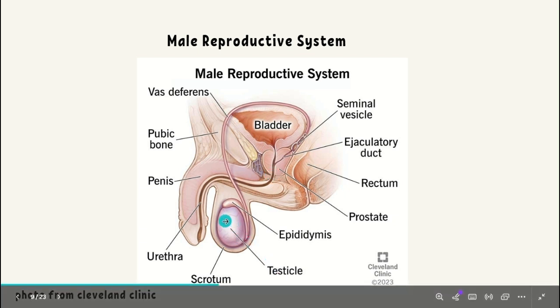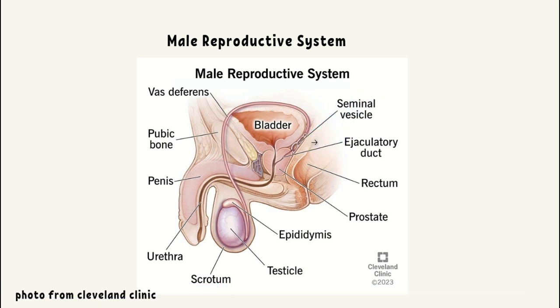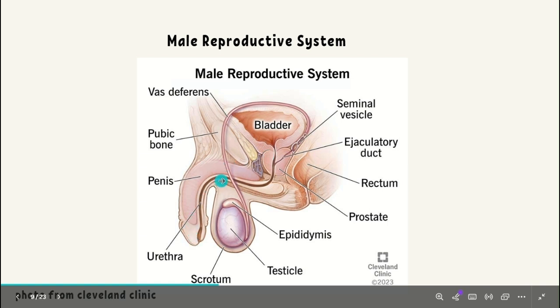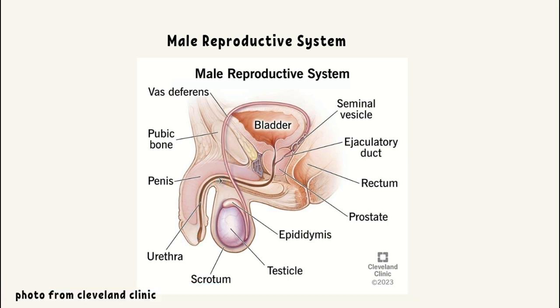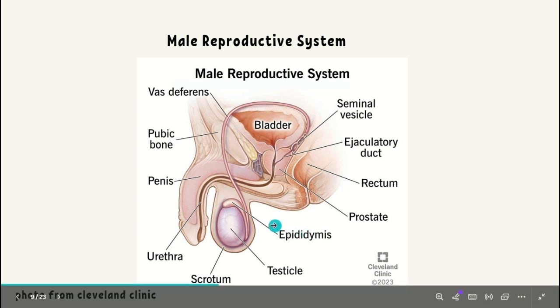Then you have the testes. So basically, they're located within the scrotum, as we can all see right here. This is the scrotum, and the testes are responsible for producing sperm and the male hormone testosterone. So the sperm is produced, and the vas deferens transports it to the seminal vesicle. The seminal vesicle makes the semen, right? So we already get that far. And then the urethra here is what carries urine and semen out of the body, right? And then the epididymis,